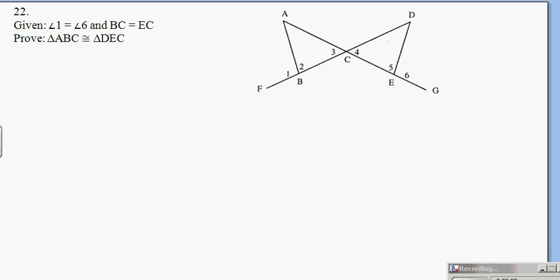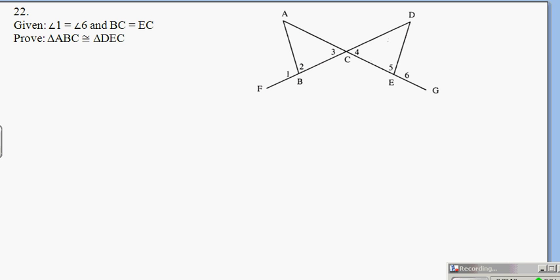Okay, continuing with the 3-2 proofs. For whatever reason, I skipped 22 on the last video, so I will include it in this video with the proofs from the end. So if I'm given that angle 1 and angle 6